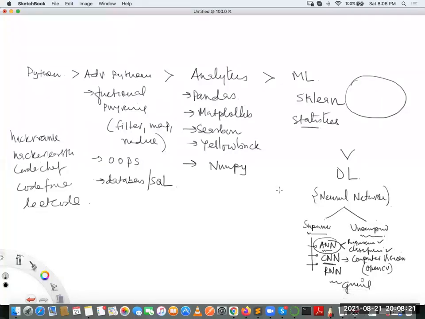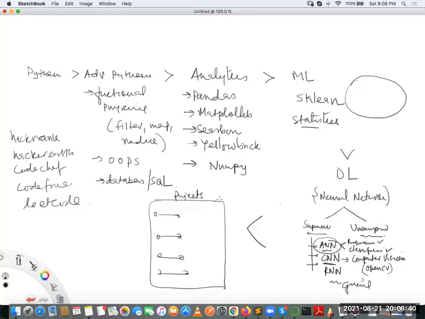Right, guys? So that is the case. And then, guys, if this story is over, now it is the time that you should have a couple of projects in your resume. And these projects should be listed on GitHub as well. Guys, that is the overall scenario we should focus on.